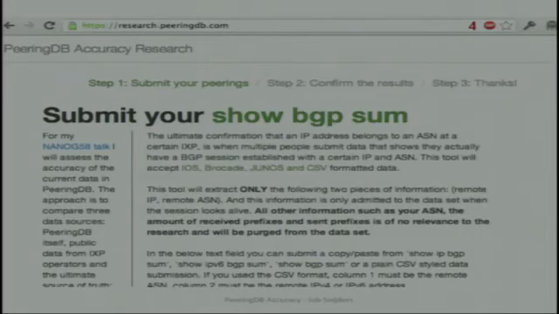To collect those show BGP summaries, I created a small website, research.peeringdb.com, and last week I emailed that around to people, saying visit this website, submit your data, and help out assessing the accuracy.